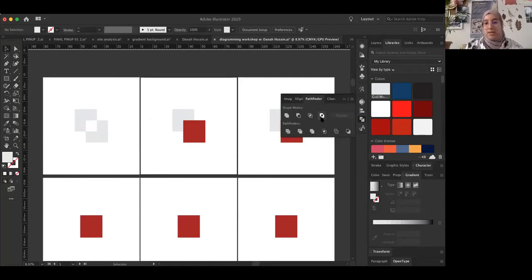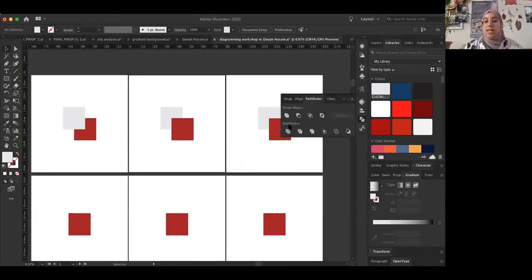This one talks about the same. It's going to take the color of the upper object, and it's going to cut the intersection between them. Okay, now we have